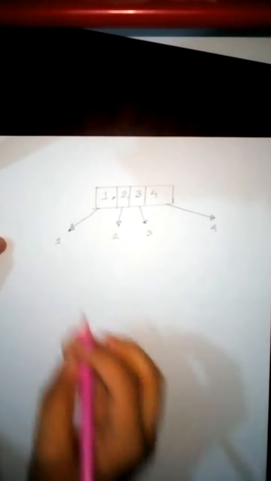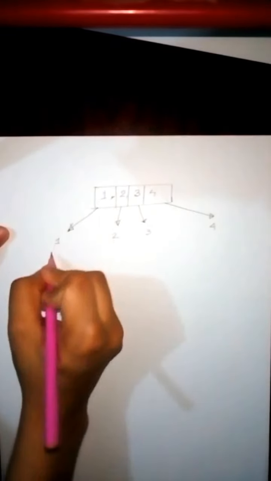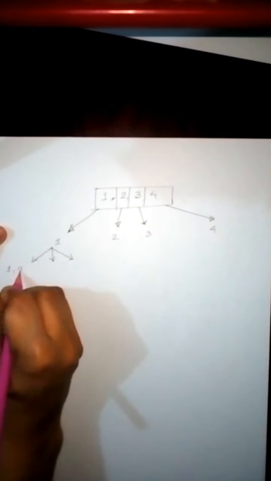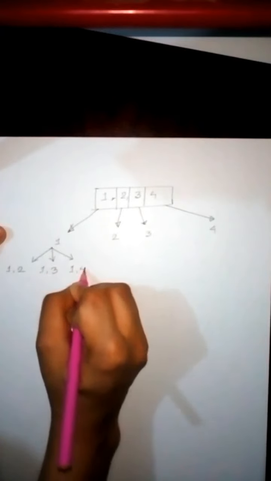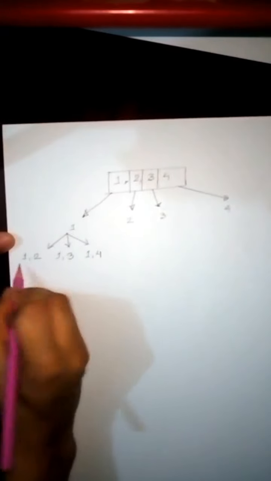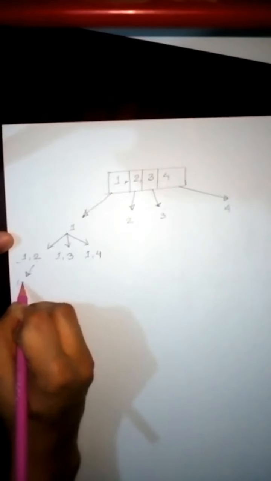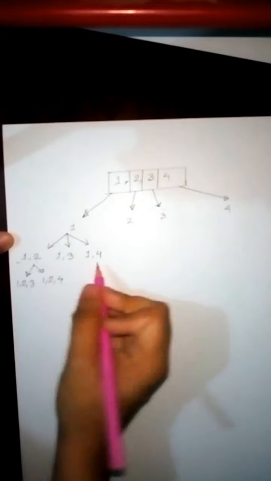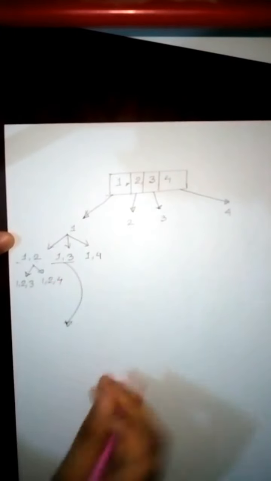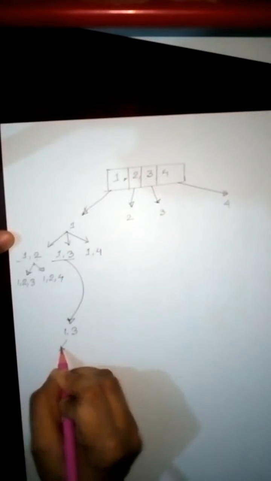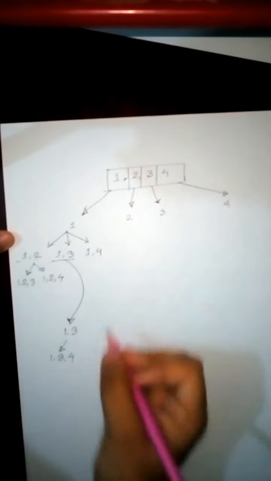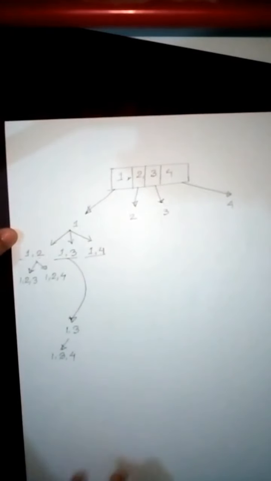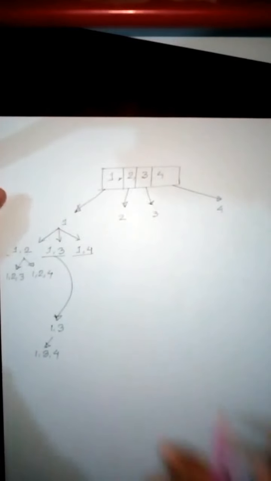so for this empty set, it will iterate again, and it will find 3 combinations, that is 1 2, 1 3 and 1 4. Again for this 1 2, it will find 1 2 3, and again 1 2 4. For this 1 3, let me show this here, for this 1 3, it will find 1 3 4. For this 1 4, it will not iterate again, since it reached the size of the combination.